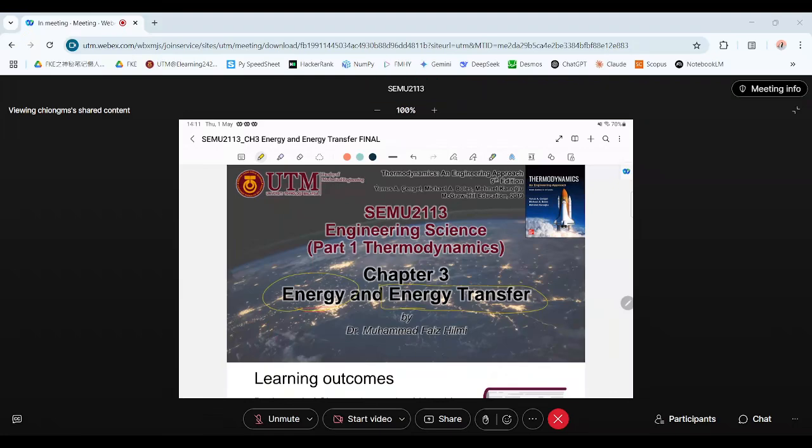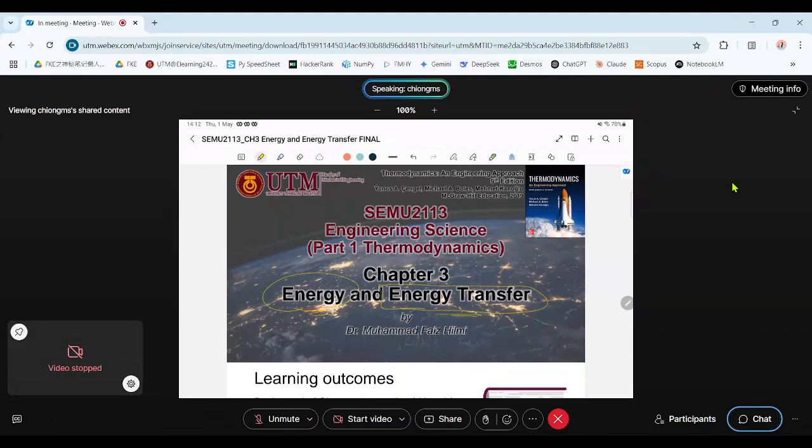Okay, so understand that now we move into a slightly more advanced stage in thermodynamics, I would say. And really, this is what thermodynamics is all about. We want to look at energy. We analyze energy. And if we analyze energy, then of course, there is a transfer of energy in a system in general. So that's what we're going to look at in these final three